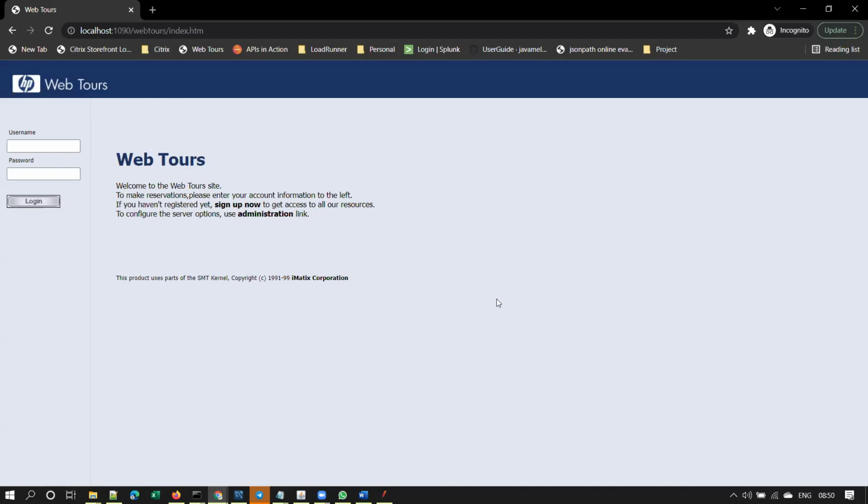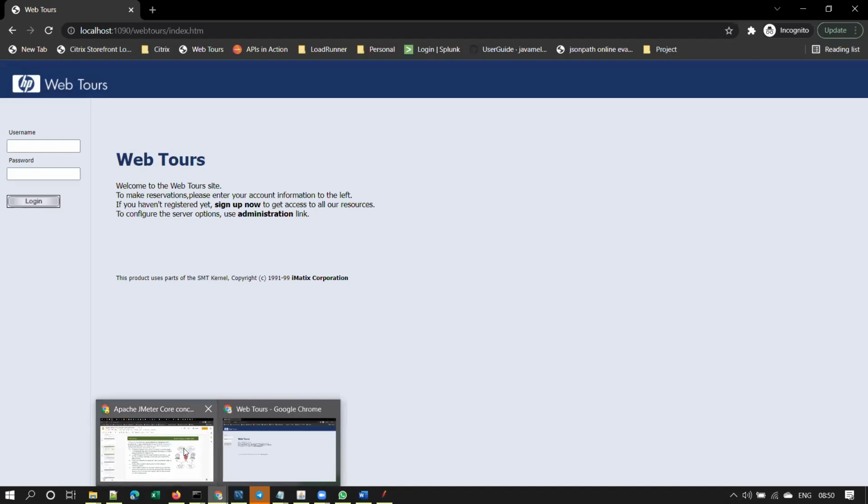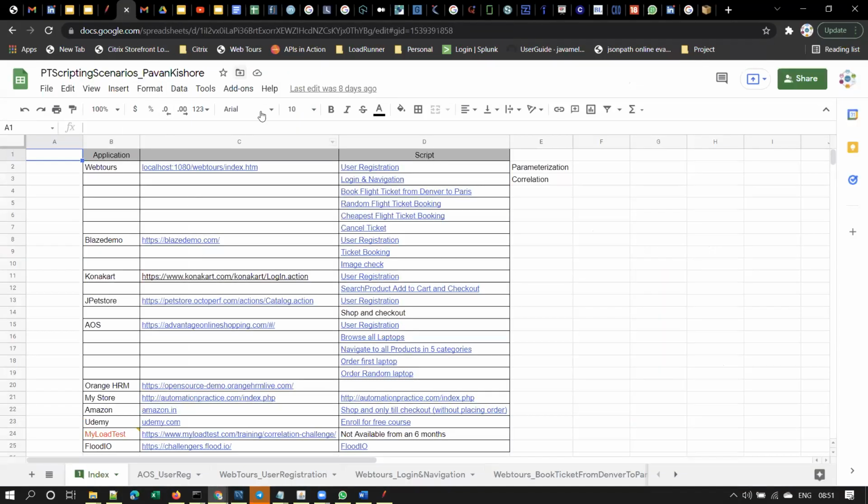Now, if you want to do performance testing for this application, we need to develop some scripts for the critical business flows. I have listed out the critical business flows for this application here, and I'll share this Excel sheet with everyone.